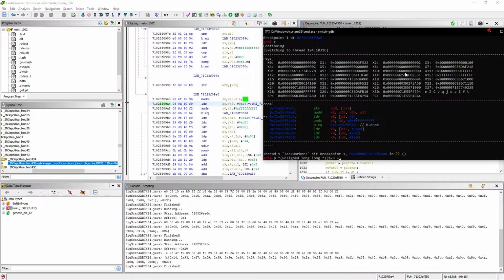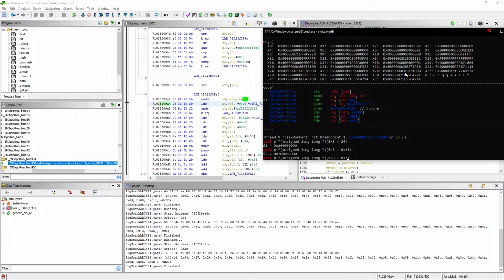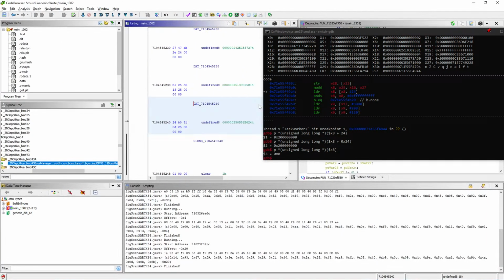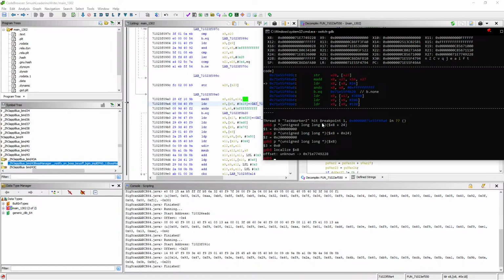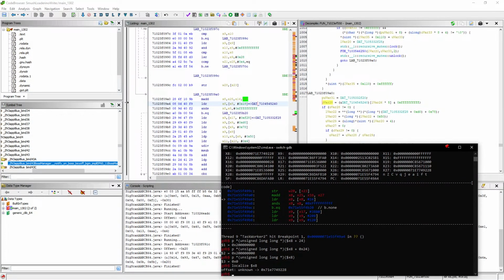So now if we were to print unsigned long star $X8 plus 24. Alright, so that's not giving us a valid answer. Let's go here real quick. Localized $X8. This is giving us a completely random address. Let's see here why. So when we go here,